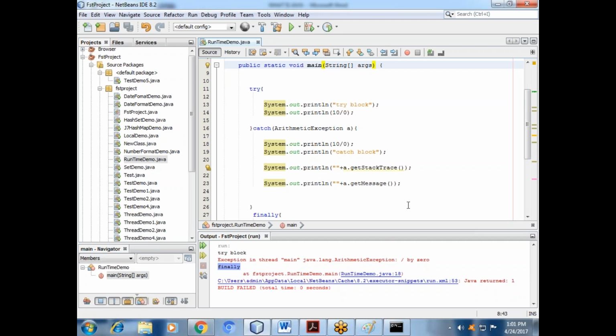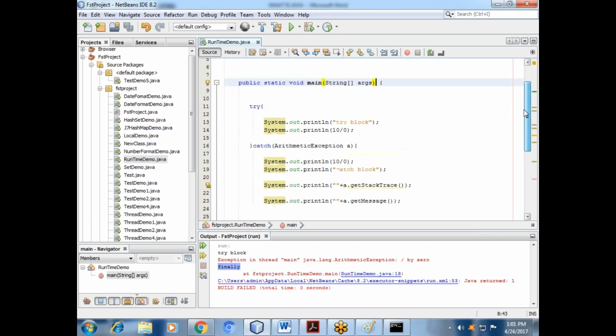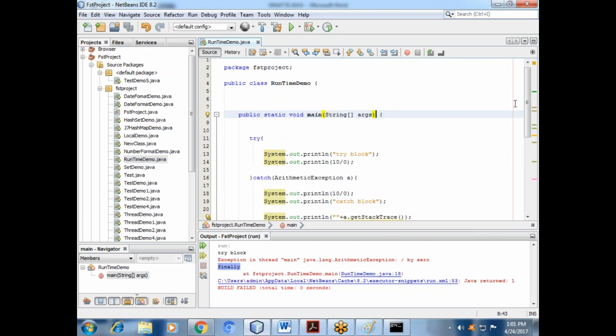And in the next class I will also discuss that a little bit. Then I will go to the file, and you will learn how to create file input output, and then we will go to JDBC.